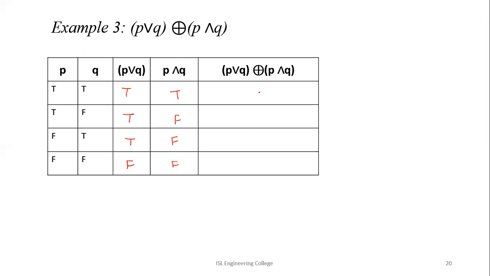Now, for exclusive OR, if you remember, that is the opposite case of biconditional. That is, the rule is when exactly one of them is true, it is true. So over here, exactly one of them is true, here and here. So this will be true, otherwise it will be false. So both of these will be true. Here we have a true, but both of them are true. So in this case, it will be false and false.